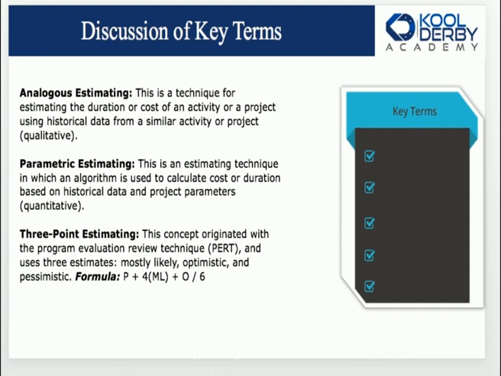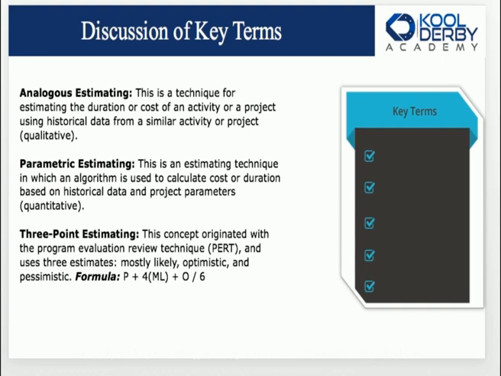Historical information, historical data. It is subjective or qualitative. Differently, we have parametric estimating. This is an estimating technique in which an algorithm, so now you know it's different from analogous because it is an algorithm. It's quantitative, it's computer-based, it might be statistical, and it is used to calculate cost or duration based on historical data